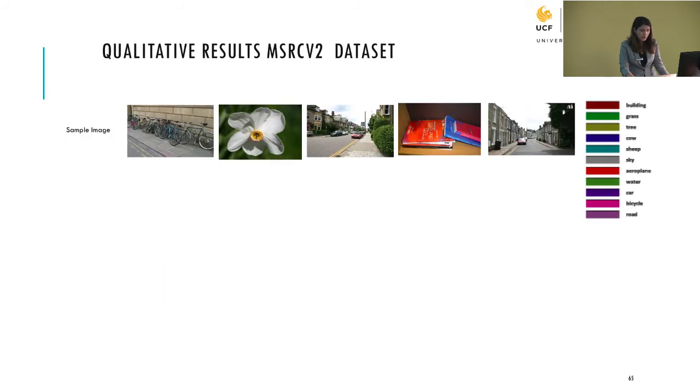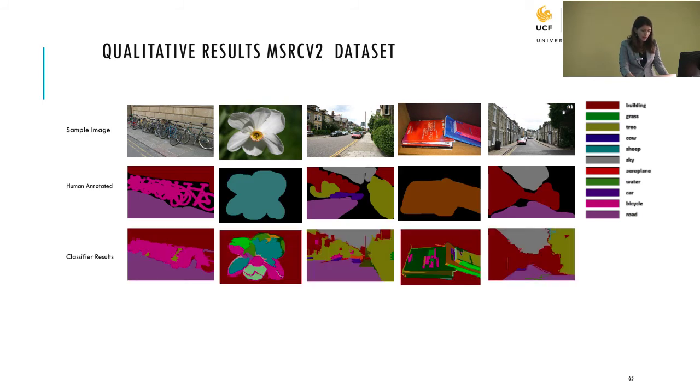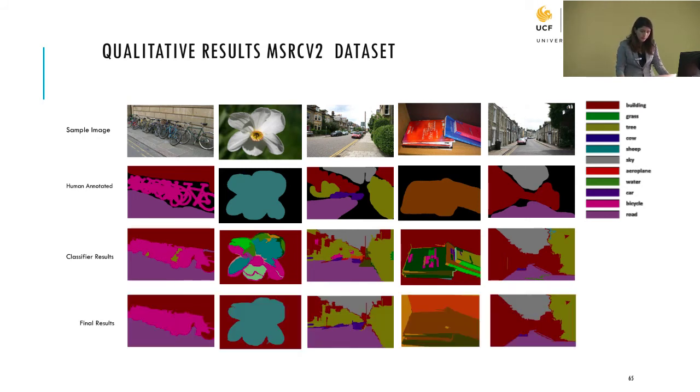These are qualitative results for the MSR-CV dataset. This is the ground truth. This is what the local classifier gives us, which is very noisy, but using this rule, we can get rid of most of those false positives and get better